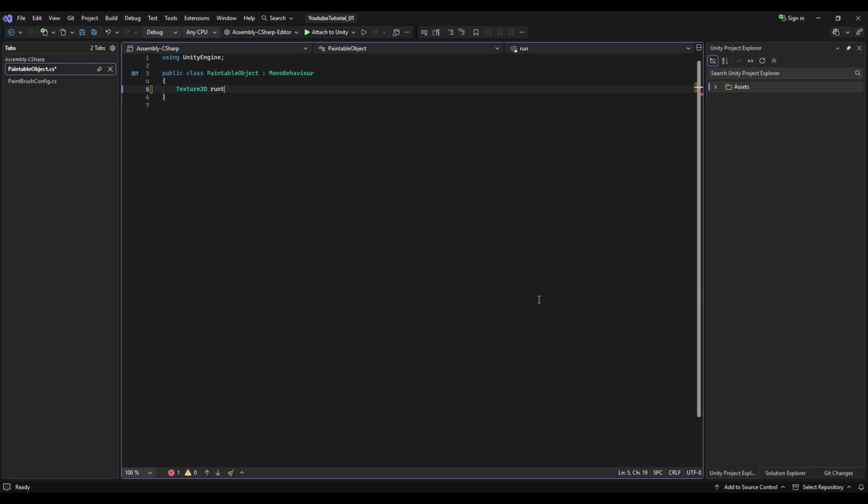We need to create a Texture2D variable. I'll name it runtimeAlbedo to store the texture that we'll be generating. Let's also store the renderer from which we'll be getting the material to assign the texture. We'll generate the texture in the Awake function. First, let's get the Renderer component from this game object. Now we'll be creating a runtime albedo texture. Let's keep its size 1024 by 1024 and texture format RGBA32 for the red, green, blue, and alpha channels, and